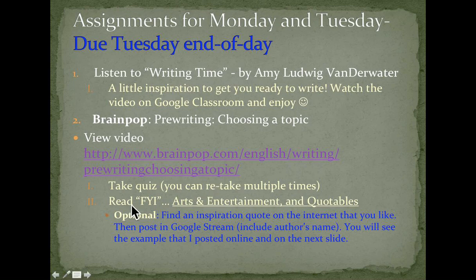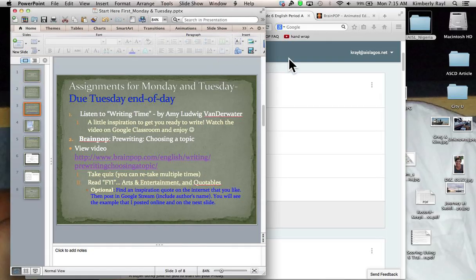Then you're going to read under the FYI section 2 articles. The first is Arts and Entertainment. The second is Quotables. All right, then this is optional. Optional means you don't have to do this, but you can. It says find an inspirational quote on the internet that you like, then post in Google Stream. Make sure you include the author's name, and you will see the example that I posted online on the next slide. But before we do that, I'm going to go into BrainPop here,